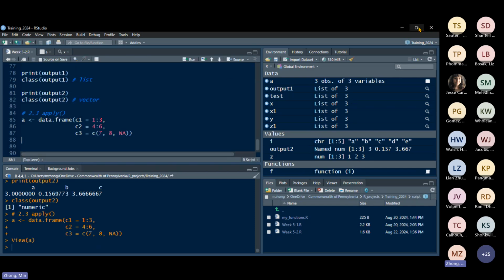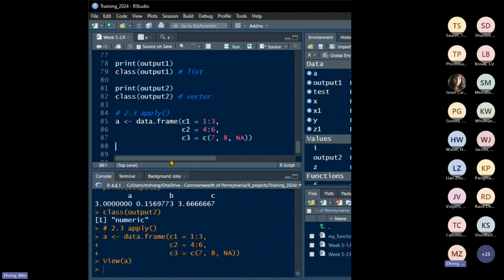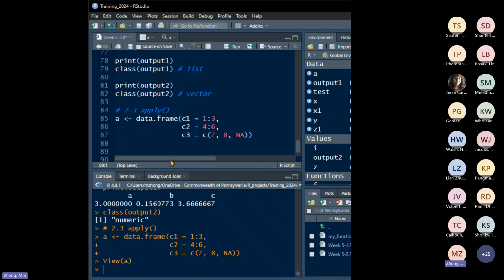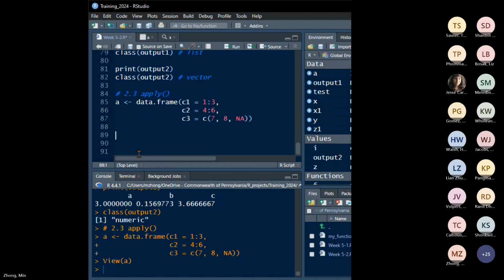What we are going to do here is define a function. In the training materials, I did not define functions and just used them inside of apply functions. So let's define a function to calculate the product of each row and also calculate the product of each column. So let's define a function to